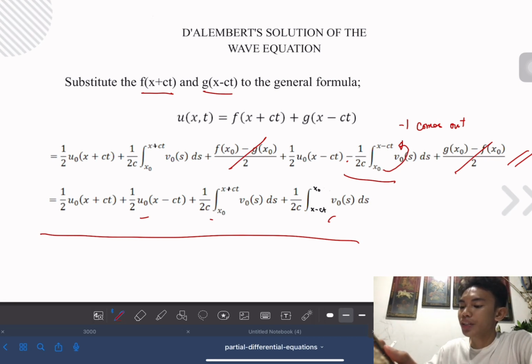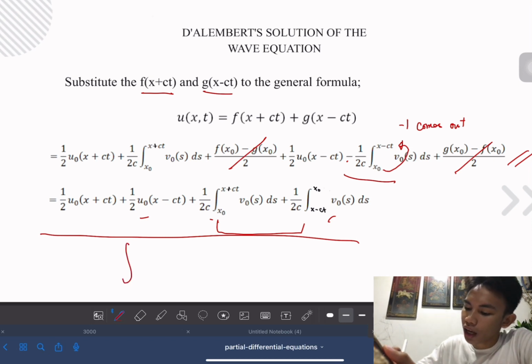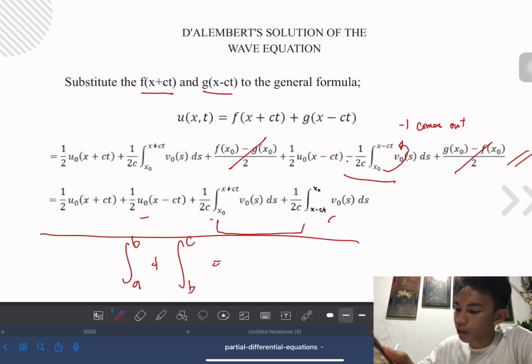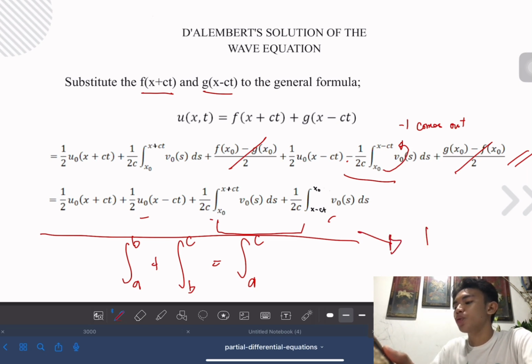And there is a property that we will use to combine these two integrals, which is the integral from a to b plus b to c is equal to the integral from a to c. So after we simplify this equation, we will come up to our final formula,